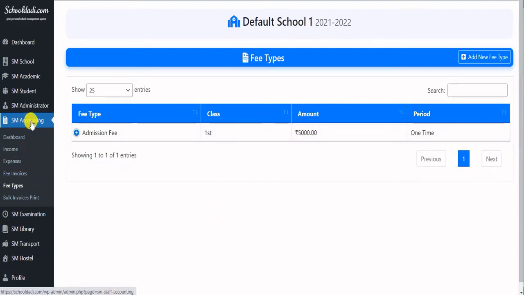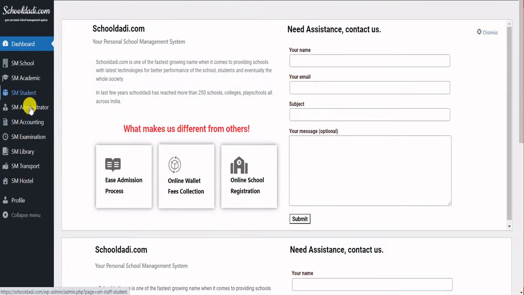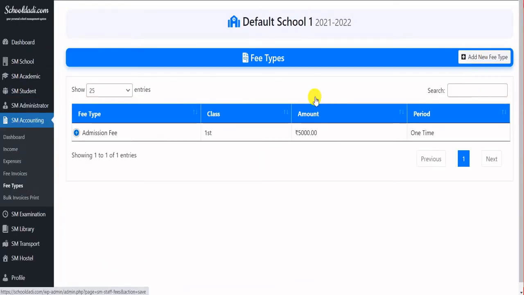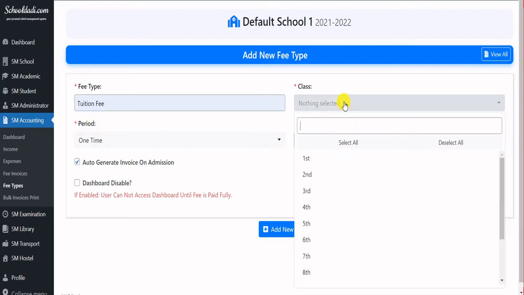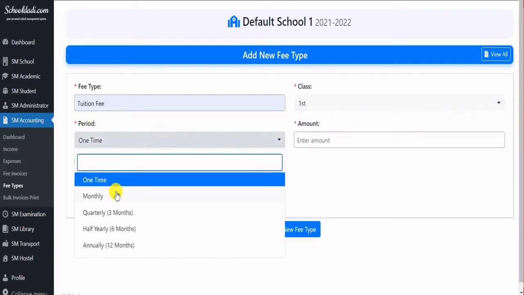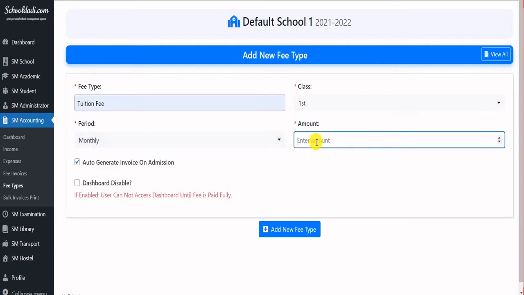Similarly, if you want to create another fees, for example tuition fees, then we'll go to accounting again, then fees type, then add new fees. I'm writing tuition fee. Here I'm selecting class first. Tuition fees is generally monthly fees, and amount is 2,000. Auto generation invoice, yes, auto generation invoice, because